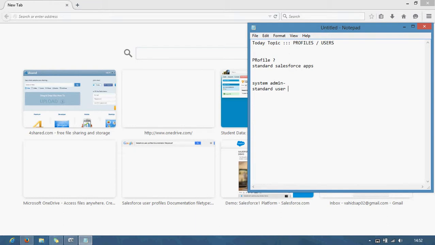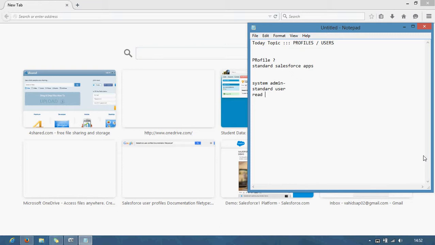Standard User can run reports and create and edit records. And the third one, Read Only. These three are the most important, where Read Only can run and export reports and view, but not edit, records. When you add users as you prepare to go live, you will assign one of these profiles to each user.